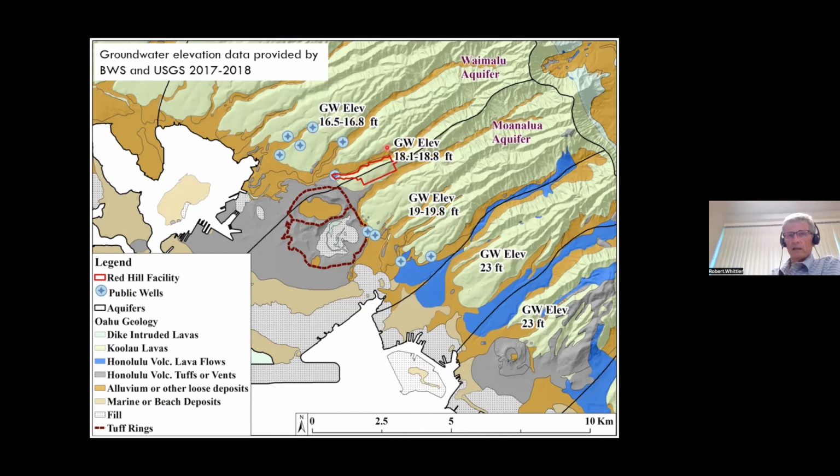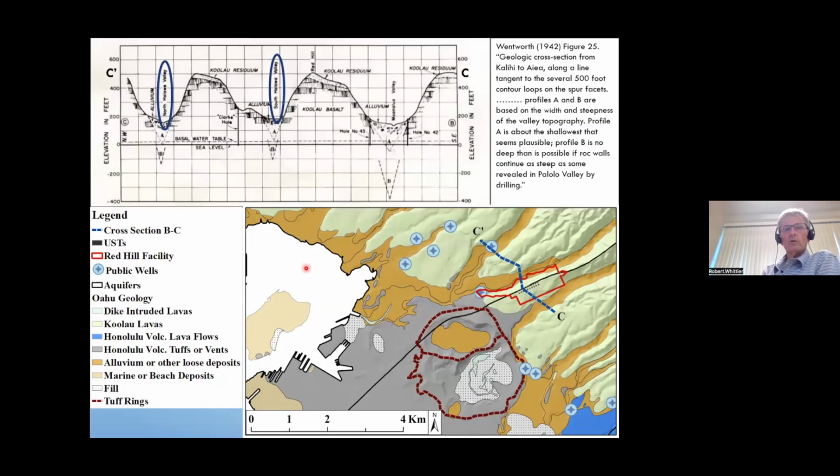But the other explanation for the step down is the semi-compartmentalization of the valley fill. And we also have late stage volcanic lava flows overlying some of the valley fill in the Kalihi and the Nu'uanu Valley. So the relationship between groundwater and the valley fill and saprolite sequence has been considered for quite some time. In 1942, Wentworth looked at the